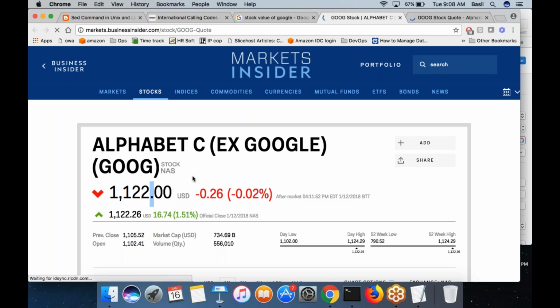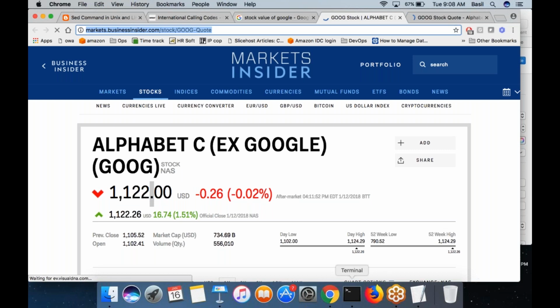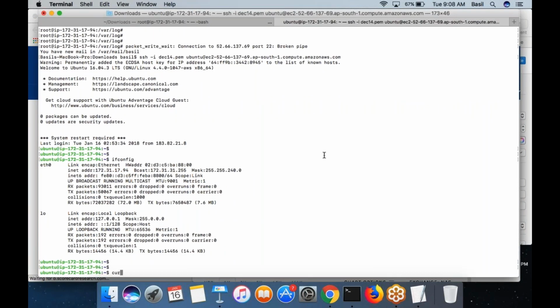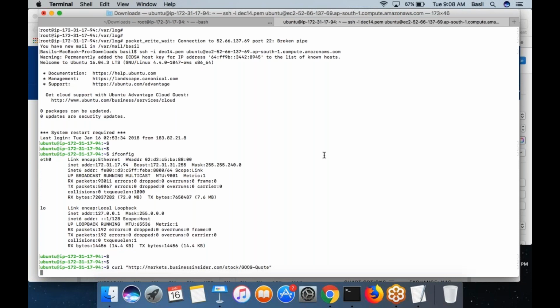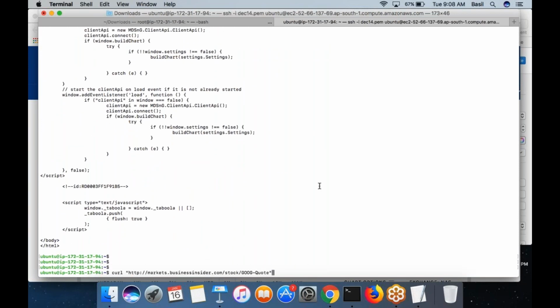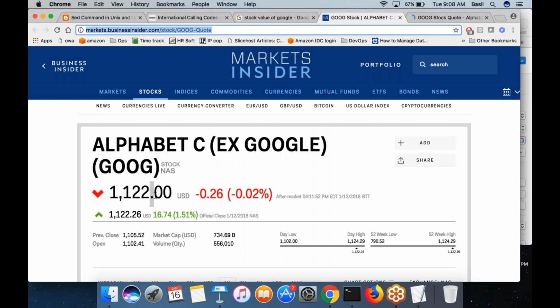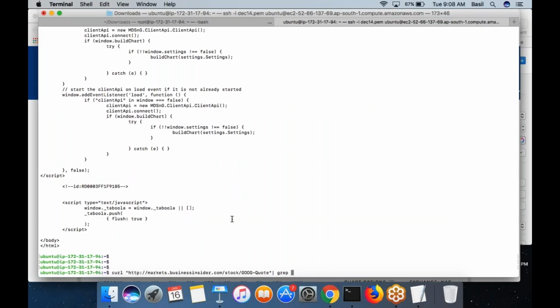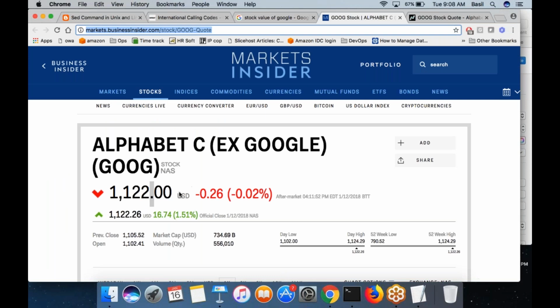in this page. So what your shell script will do is connect to this link using curl. There's a command called curl in Linux. Curl followed by the link would print the entire page into your terminal. You can run your grep command, sed command, awk command, or whatever on the output of this curl command. Basically, I want to get only the stock value, nothing else.